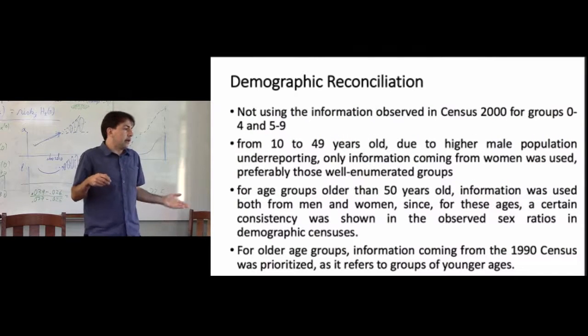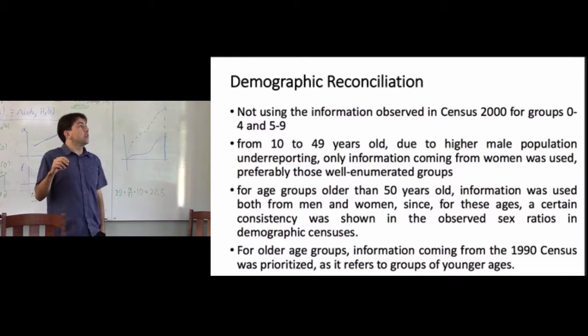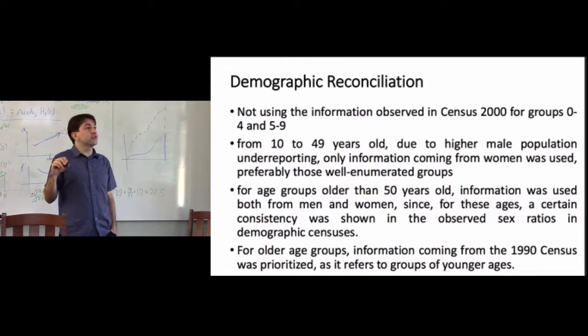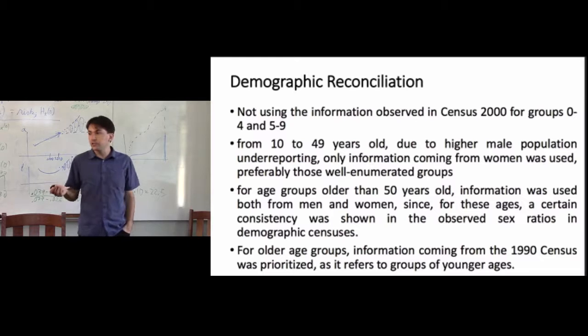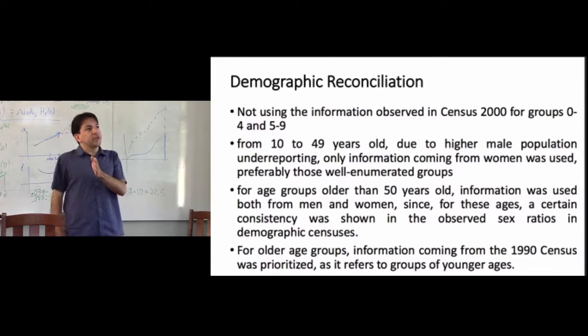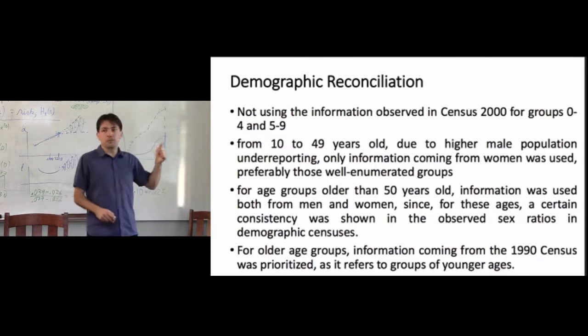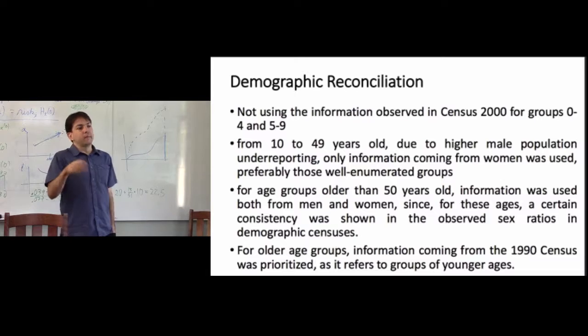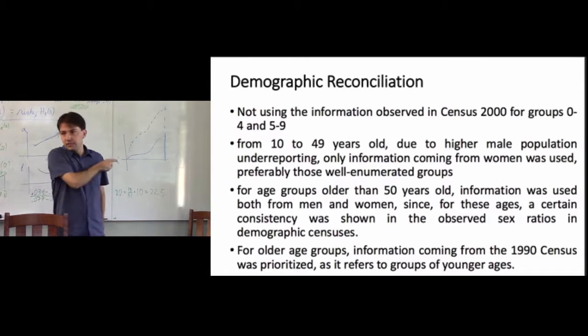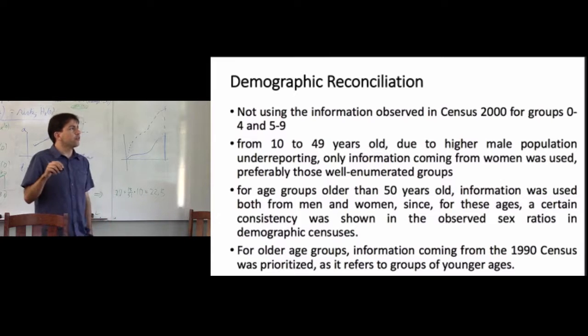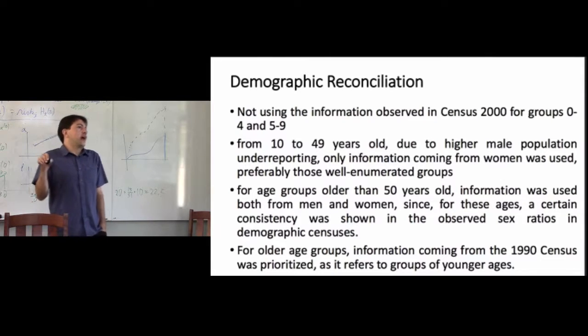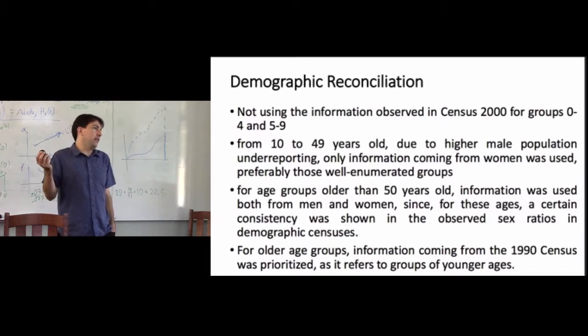I give more details in the paper, but basically our decision was not to use the information observed in the census for ages 0 to 4 and 5 to 9. Instead, we used the information from 2010 of the children aged 10 to 14 and 15 to 19, and also the number of children projected by the fertility rates during the 1990s. From 10 to 49 years old, due to higher male population underreporting, based on that sex ratio graph,